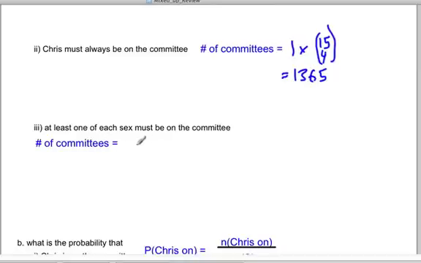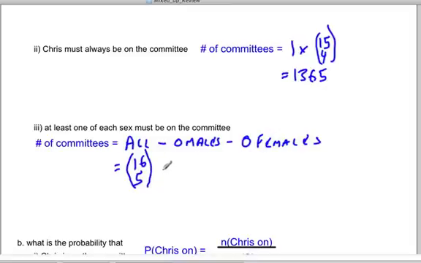What is the number of committees where at least one sex must be on the committee? So you must have at least one female and one male. Now, the way we can do this is to calculate all the ways we can form a committee using 5 of the 16 people. Then we're going to minus from that the number of ways we can have 0 males, minus the number of ways that we could have 0 females. So the total number of ways that you could form this committee is going to be the combination of 16 choose 5,